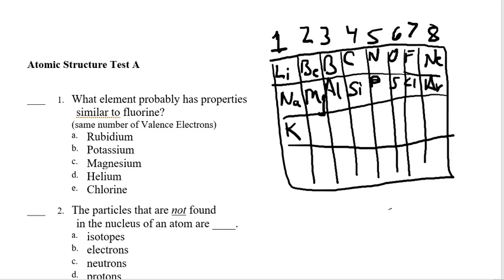Okay, so you can find the elements with similar chemical properties are the ones that are in the same vertical column. So fluorine here is right here in the same vertical column as chlorine and bromine and so on. So the answer here is chlorine. It's very similar to fluorine. Okay, so then moving down,